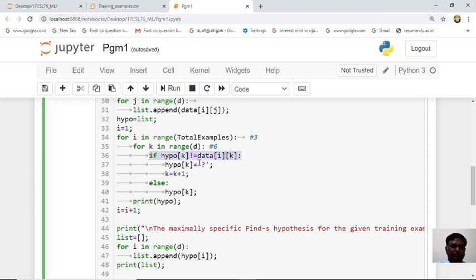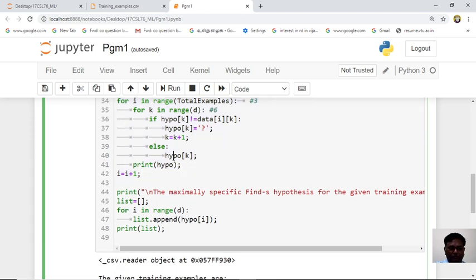It puts a question mark there, and the counter gets incremented, then the next one, like that, one row will be completed. After this for loop, the second row is 2 into 6 times, then 3 into 6 times. Like that the entire for loop will be executed. So the result is stored in hypo.